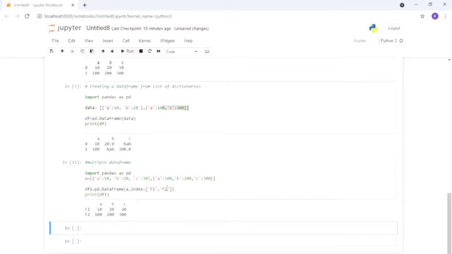Clear. You can also define the column names, like if you want to change the column names, as we have already got the columns. Columns is equal to, I've just given A, B, C. Okay, so there are three values which are used for columns. Now you can see it is printable. So once we go and run, it will print accordingly.